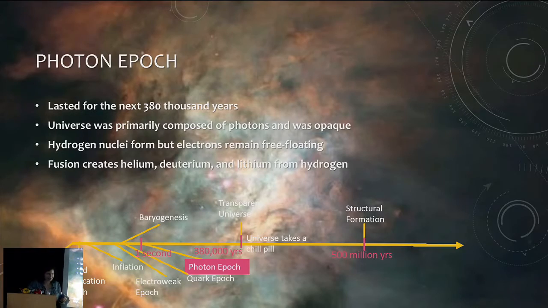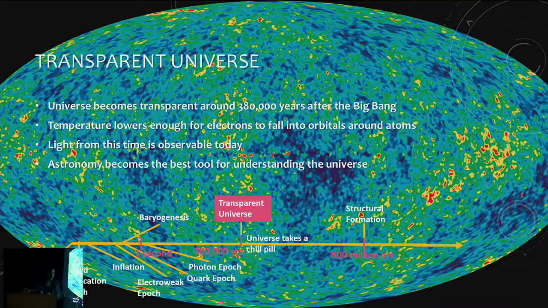So, in explaining why the universe is transparent today, I have this gunk from Instagram. If you think about a thing that's transparent, things are transparent because light can pass straight through them without interacting with that thing. And if something is opaque, it means light can't travel through it without hitting it. Light can't travel straight through my hand. It gets bounced around in the skin particles or whatever. And so, in the early universe, there were just electrons everywhere. Light couldn't just travel through space the way it does today because it would be bouncing off electrons, getting absorbed and re-emitted. But as the universe expanded and cooled, electrons fell into orbitals around atoms, leaving empty space